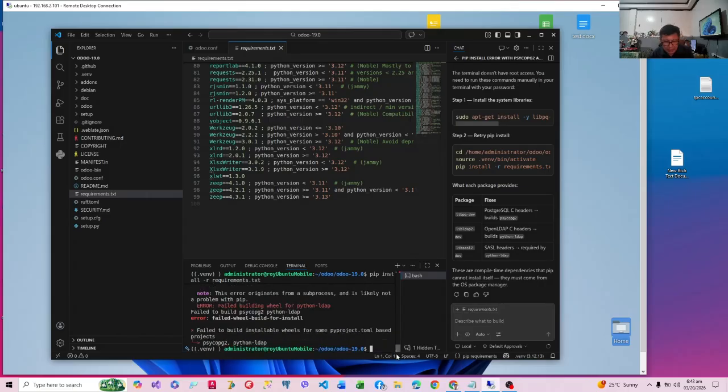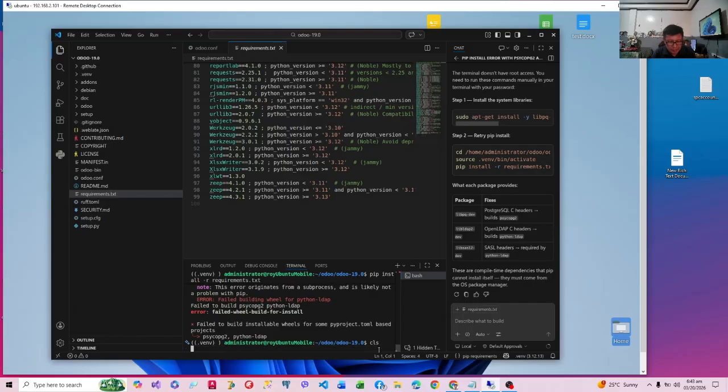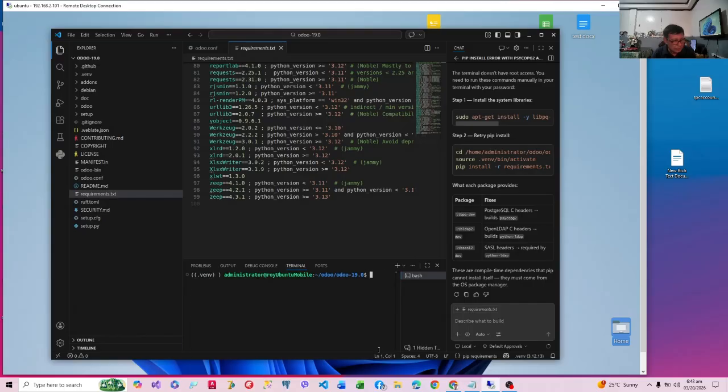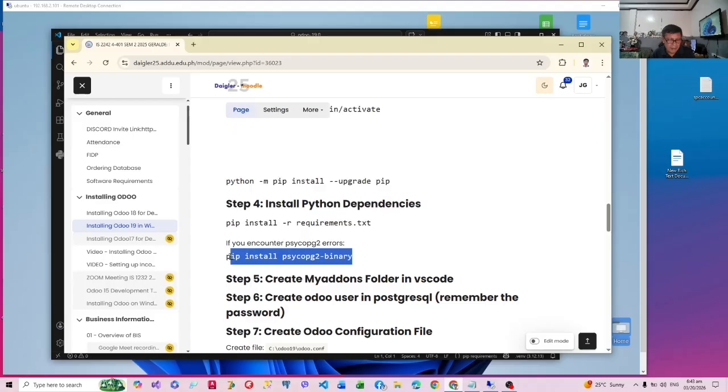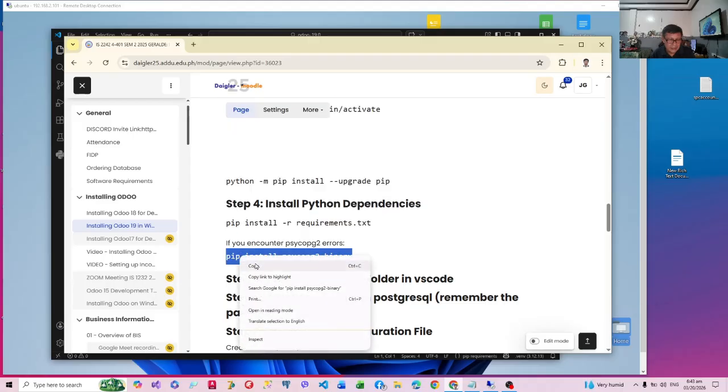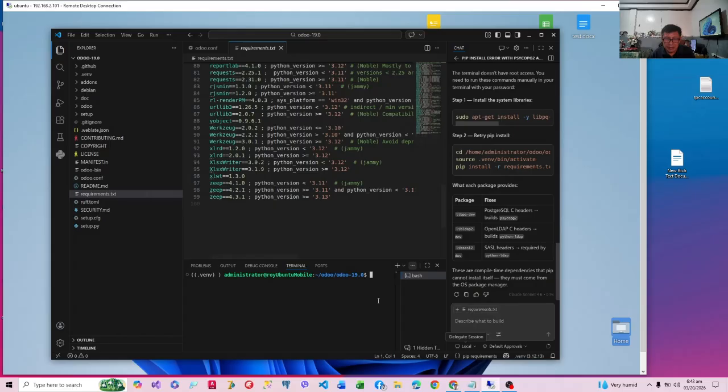Let's clear this again. I think let me open my previous cheat sheet. I think this will do it. Okay. How did I find that error?